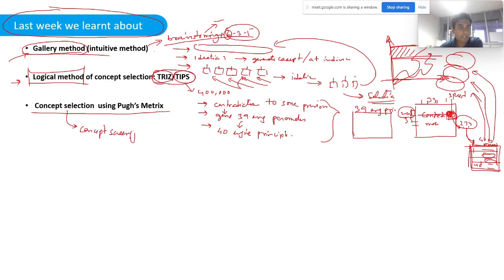So concept screening means we have, for example, 500 concepts out of a concept generation phase, and then we try to reduce it to certain numbers which can be workable. Okay, for example, 46. Then we go for concept scoring, which is a more detailed way of selecting further concepts. So then we can reach something like two, three concepts, and then we can go for,